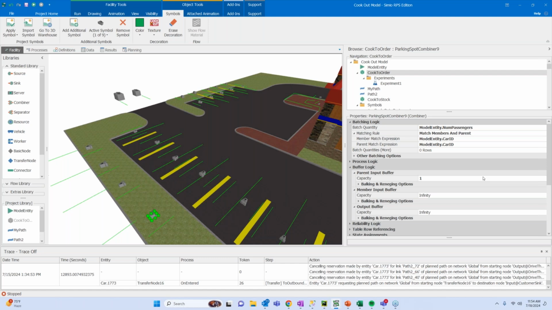Versus in the case of if you're in a warehousing space and you have pallets that are recirculating in a given model, and they are just going to carry boxes of different types, but the pallets themselves don't really have a unique identifier saying which given pallet ID they are, that's more so when you would consider having just match members. When your parent itself doesn't have a unique identifier to the full extent, that's generally what I would say is the case.